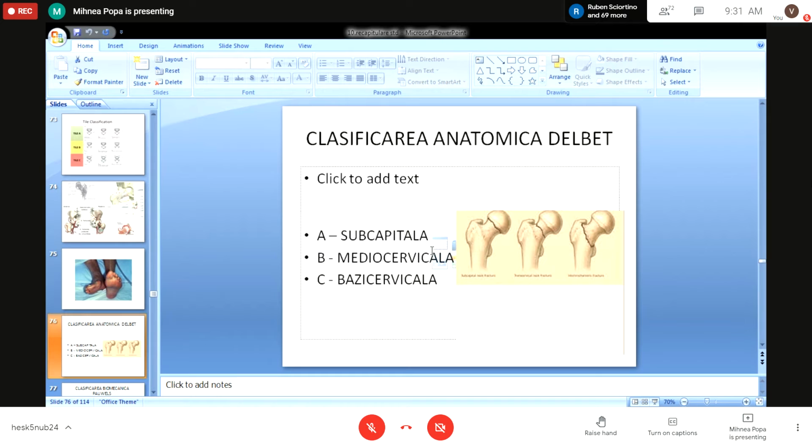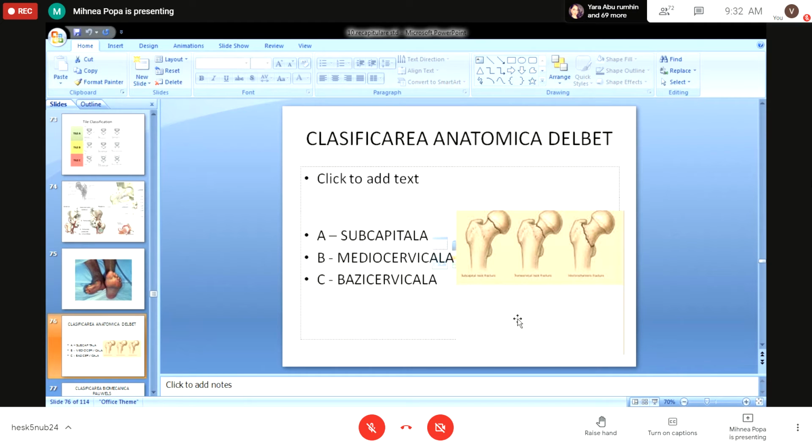Because when we discussed the vascularization that comes from the inferior part and the capsula articularis, as you saw, it comes in this region. So if you have fractures of the subcapital region or the mediocervical region, the hematoma generated by this fracture will be intra-articular. If it's intra-articular, the pressure generated by this hematoma will make a lot of compression on the vascularization, and through this compression it can produce the destruction of the vascularization. So when we have these types of fractures,